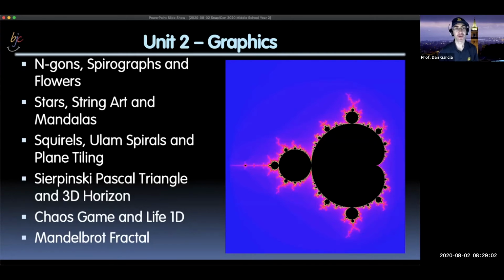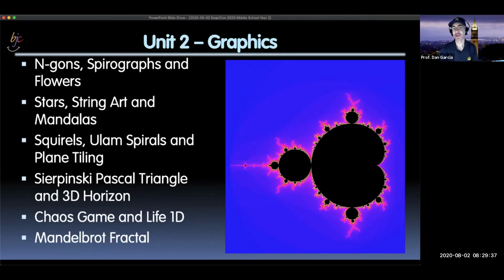We made squirrels. We made the Ulam spiral, which is where you make a grid and then you start at 0 and you write 1, 2, like a matrix, 3, 4, 5, 6, 7, 8, 9. You kind of just write the numbers around, okay? And I had them write them down. I didn't mention this, but in the earlier unit, we talked about prime numbers, so they learned about prime numbers there. And then I said, what if you colored each of these that were prime? You get this thing called an Ulam spiral, which is diagonal slicey lines. Why are all the primes along a diagonal? What does that mean for number theory?